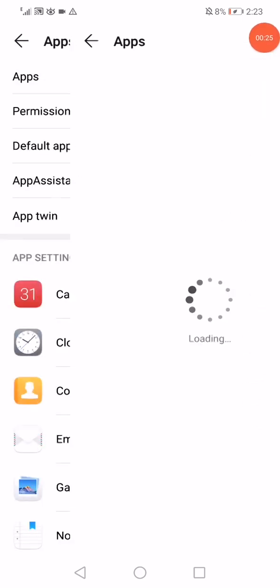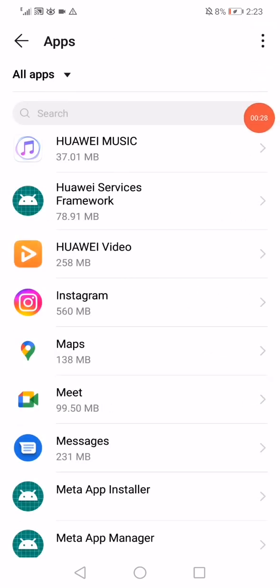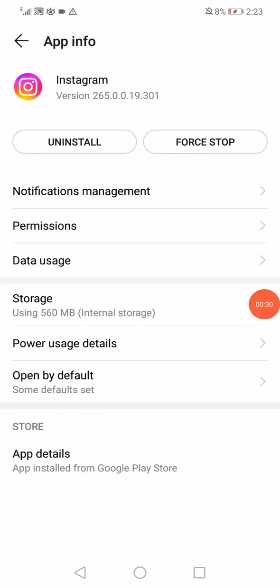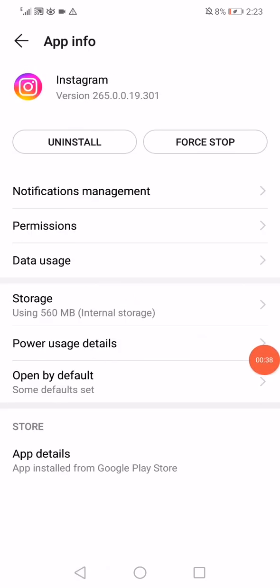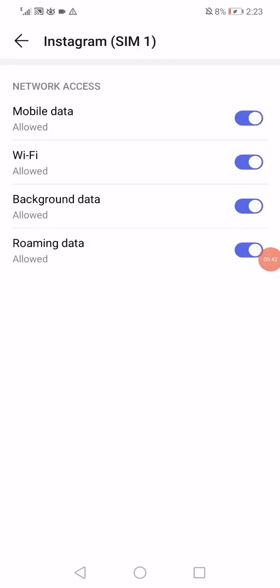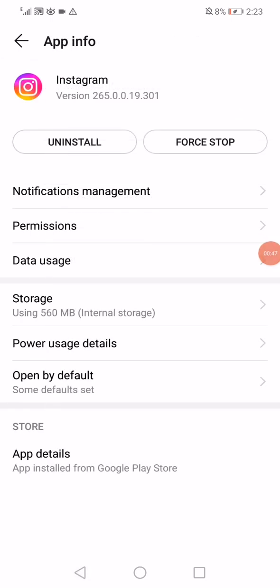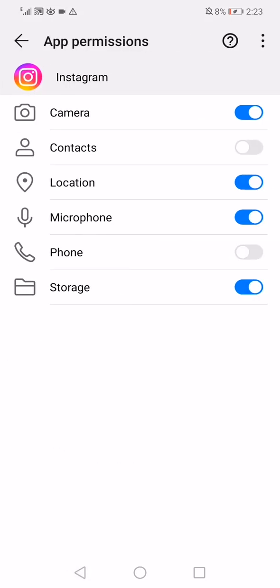apps, go to the apps, go to the Instagram app, click on this force stop option and then click on storage, click on clear data, clear cache, go back, click on the data usage, scroll, make sure to enable all the options right here. Now last thing you want to do is click on the permissions, make sure also to